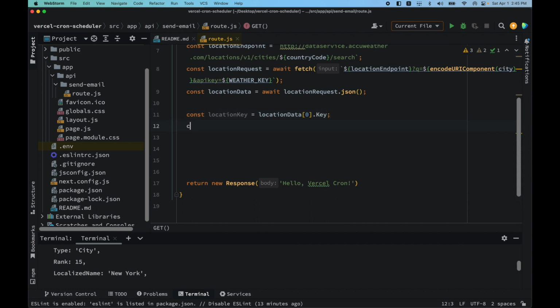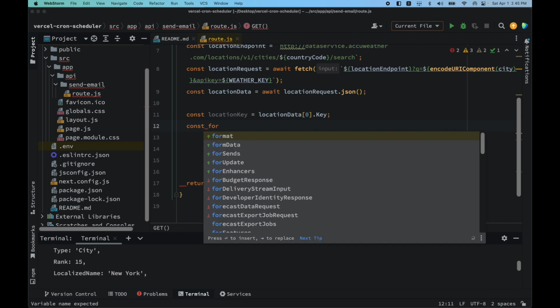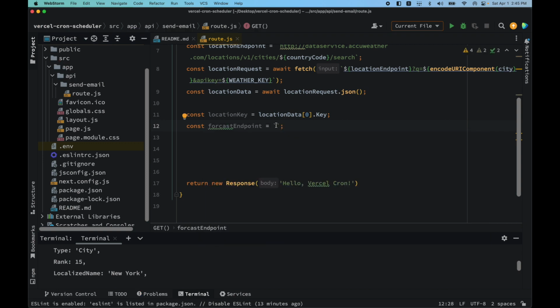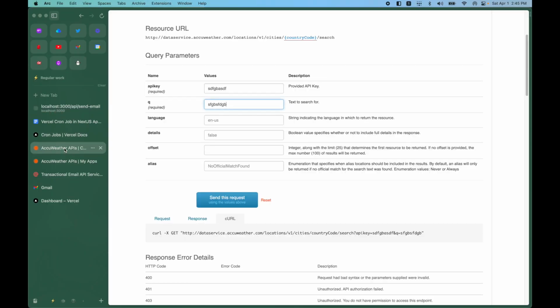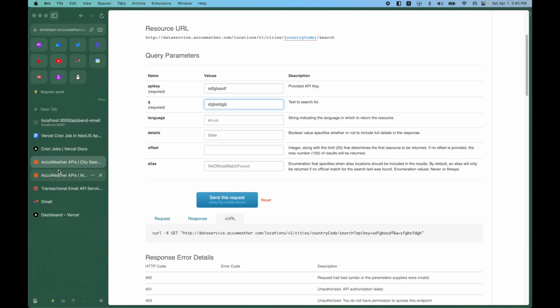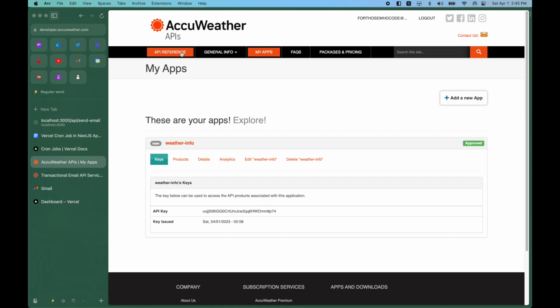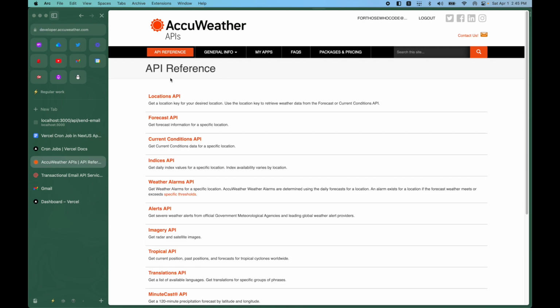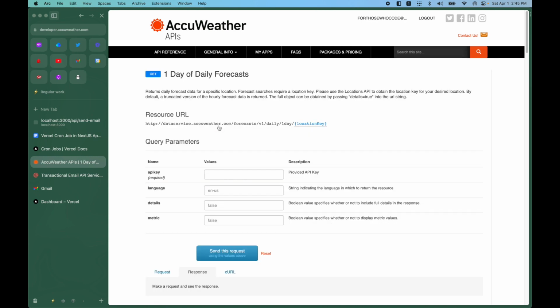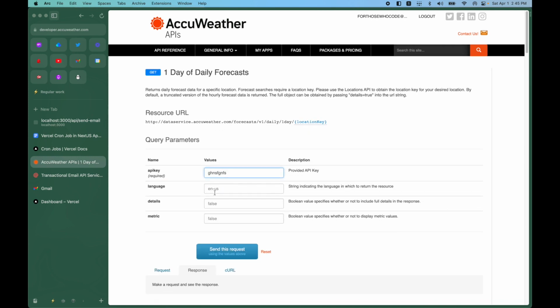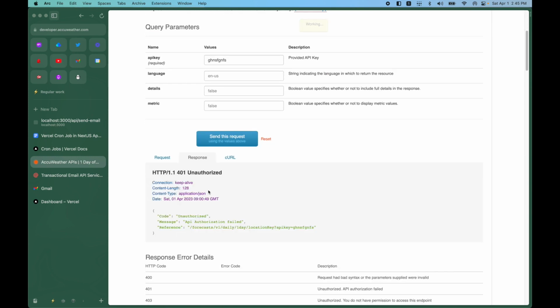And let's create a constant and call it forecast endpoint, and that particular API endpoint that we'll be using is the forecast. So let's go back to the docs, go to API reference and go to forecast API. What we want is a 1 day daily forecast. So we'll click on this, and the same thing, let's place in a dummy API key for now, and go